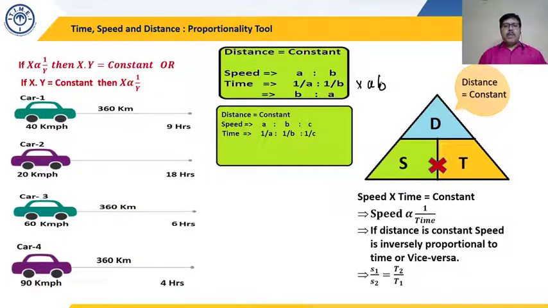Suppose there are 3 moving objects and the ratio of their speed is A is to B is to C. Can I say the ratio of time taken would be 1 by A is to 1 by B is to 1 by C? And you can convert this 1 by A, 1 by B and 1 by C into the simple ratio by multiplying these 3 numbers by the LCM of the denominators, that is A, B, C, right? So whether the number of objects is 2 or 3, whenever your distance is constant, the ratio of speed and the ratio of time are in the inverse ratio with respect to each other.